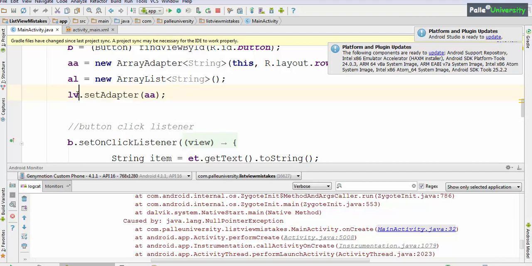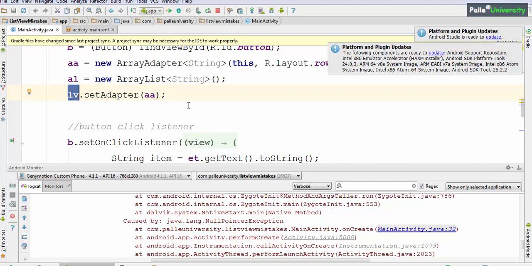You can observe there is a dot operator here. Most likely the NullPointerException is caused by the left hand side of the dot operator. What is there on the left hand side? LV. That means this LV is null. When I say LV is null, that list view variable LV is not initialized properly.